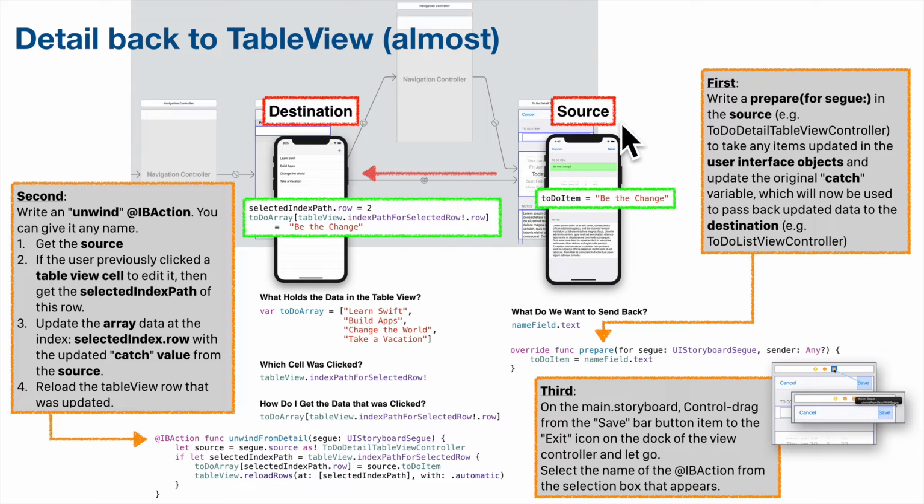We identify the source, this view controller. We check to see if we've got a value and not a nil value in tableView.indexPathForSelectedRow. And we do. It's 2. Remember, 0, 1, 2. That's this value that was pointed to change the world. But we're about to update it. We go into to-do array, selected indexPath.row, which is 2. We assign it to source, which is this, to-do item, which is this, be the change, and we see it